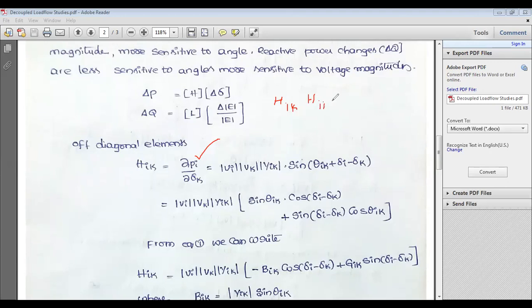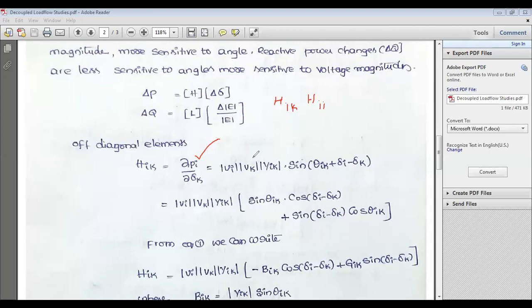Just now I told you that H is a matrix that depends on the size of R, that depends on the value of I. HII means, suppose if I is equal to 1, obviously you can determine that as H11. K is equal to 2 means H12. Suppose if I is equal to 2, it means H21. That depends completely on the parameter I. So I may be varying from 1 to N. Similarly, K is also varying from 1 to N. Already we have derived that one. So first, please be very careful about the Pi and the Qi also.